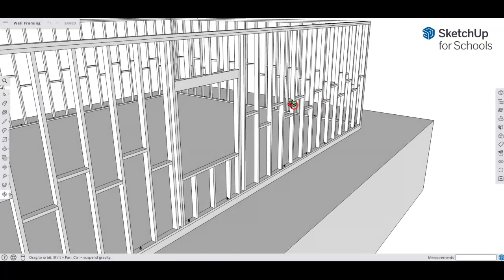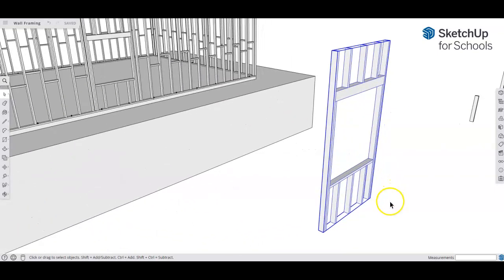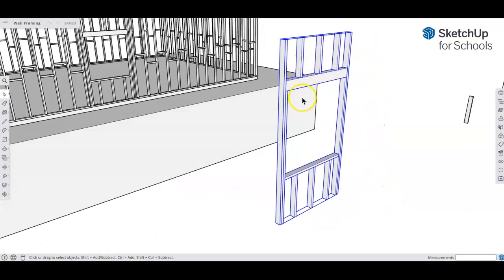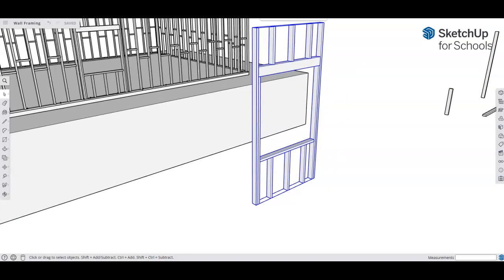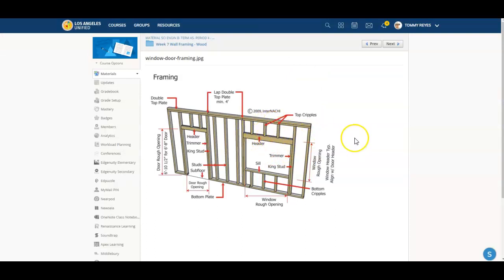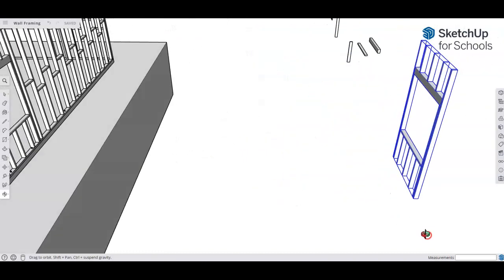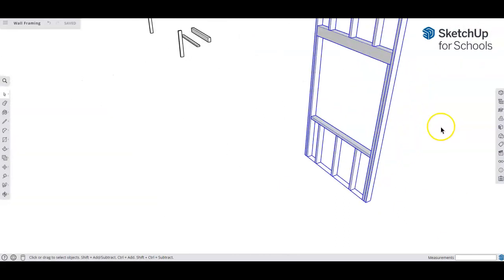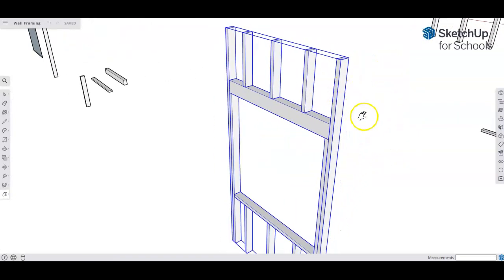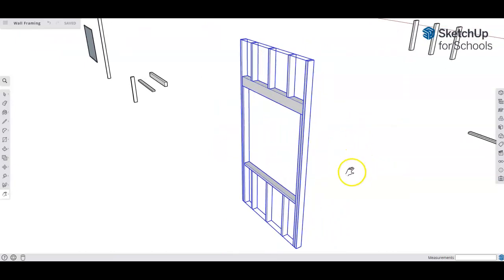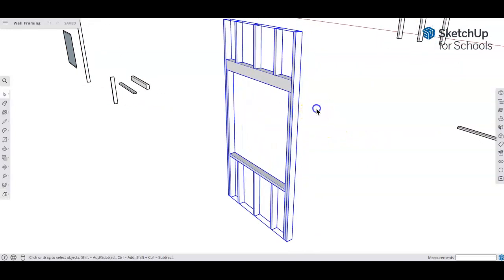Take a screenshot of this. Definitely take a screenshot of this, and probably take a screenshot of this so it's easier to identify the different parts. And when you go ahead and put this in your digital portfolio, you can identify the different parts like this. I would definitely move this somewhere or orient your screen somehow to where this is the only thing that's in the screen and nothing else. And that way, when you take a screenshot of this, none of this stuff is in the background